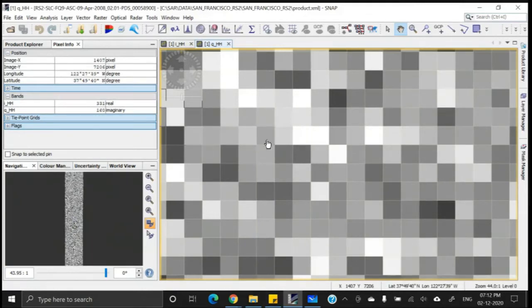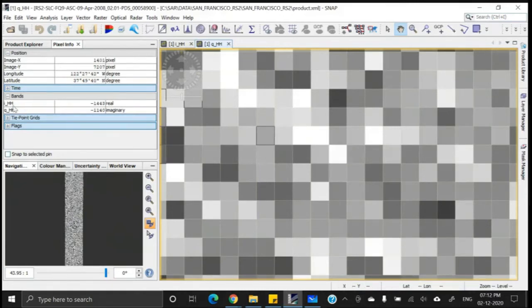But remember, although we have the lat long value for each pixel, this image is not geographically referenced. We have to make it geographically referenced. Whenever radar images are captured, the lat long information is stamped for each pixel. Therefore we get the lat long information for each pixel, but the image is not geographically referenced.